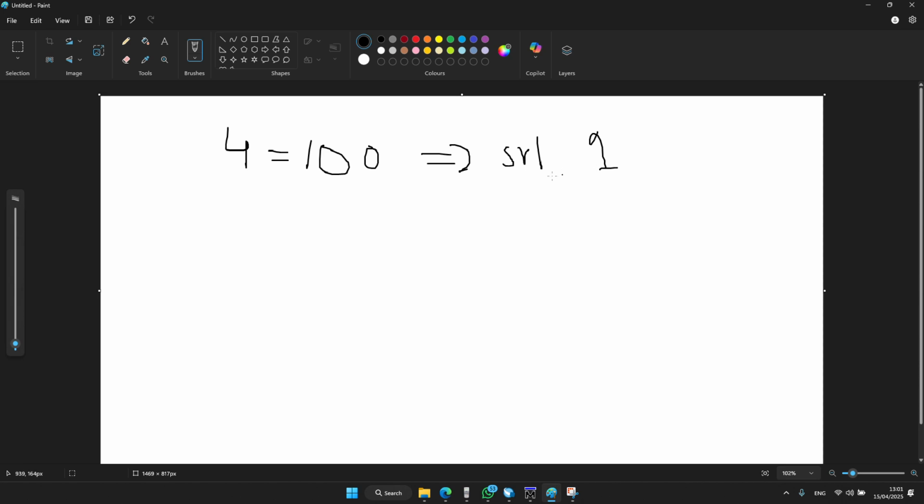This is a command in VHDL. So what we are doing is shifting the bits. This will go here and 1 will go here. So this would make it 0 1 0, and that is 2. So by shifting right, we divided 4 by 2. We can do this with any value, it will divide the value by 2. You can do this for 16, or whatever value, and it will divide it by 2 if you shift it by 1. If you shift it by 2, it will divide by